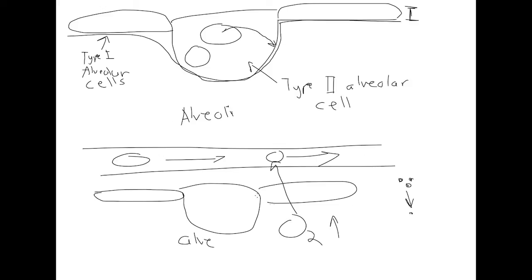So that's the mechanism behind the oxygen going from the alveoli to the red blood cells. And the red blood cells have hemoglobin, and oxygen will bind to that hemoglobin and will be carried to wherever it is needed in your body. Okay, so diffusion is how oxygen goes from the inside of the alveoli to